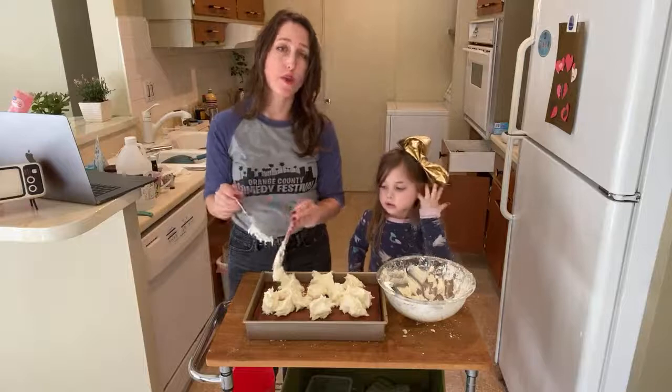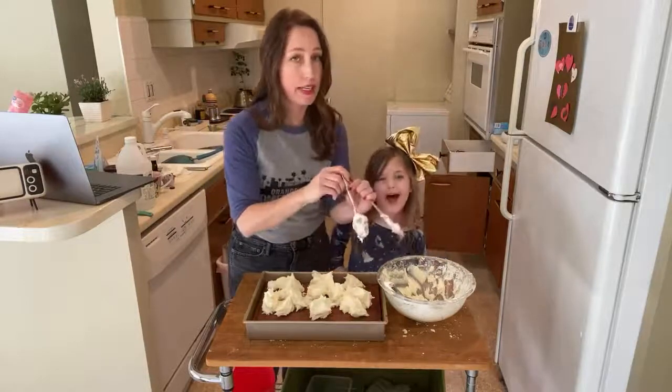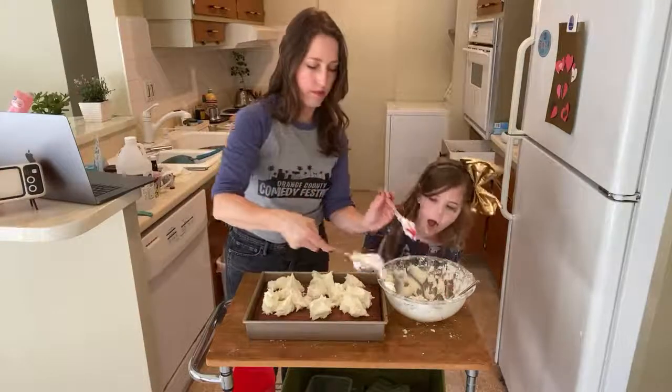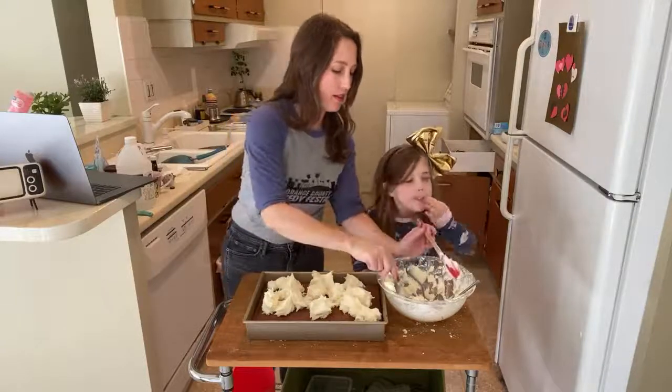And just so you know, if we were baking this for a party, I would not let her stick her fingers in the batter, but it's literally just for us. So I'm just trying to divide this up, and then I'm going to gently